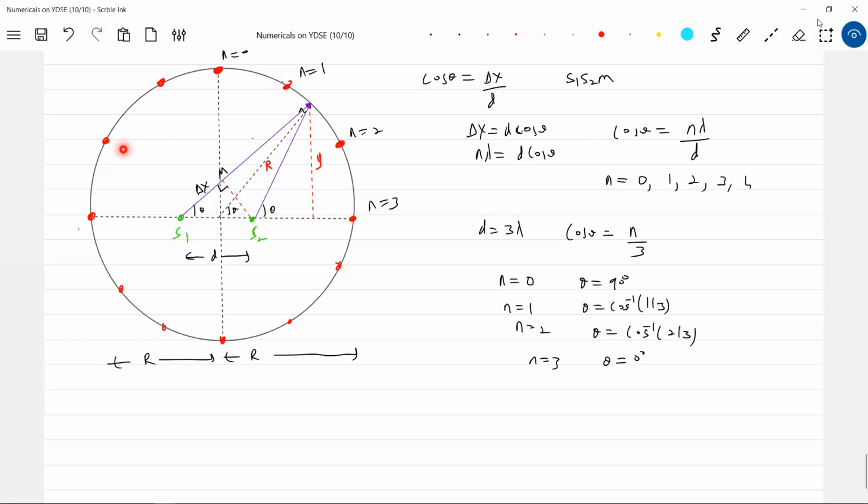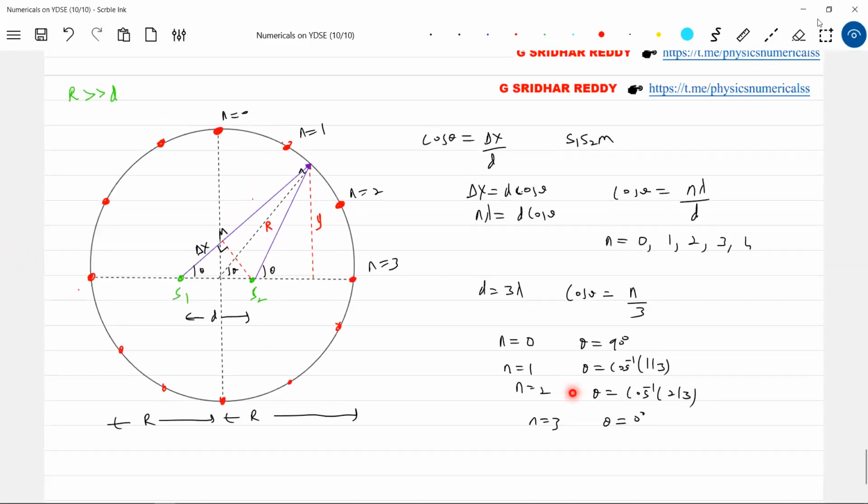So I may ask you some three-dimensional idea also here. What will be the vertical position? I can ask you these positions. For that, you should take help of the geometry here. This we already came across in the waves and sound chapter. The same idea is what we are bringing here.